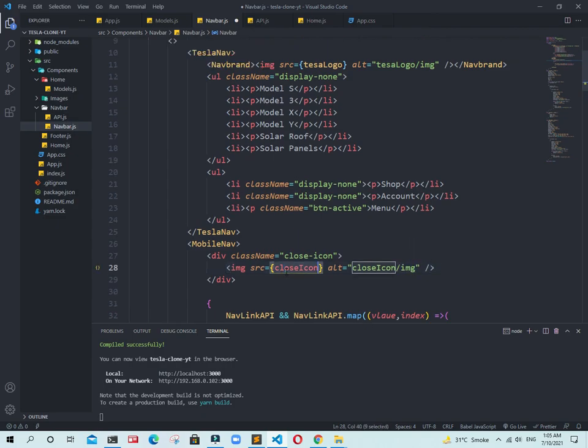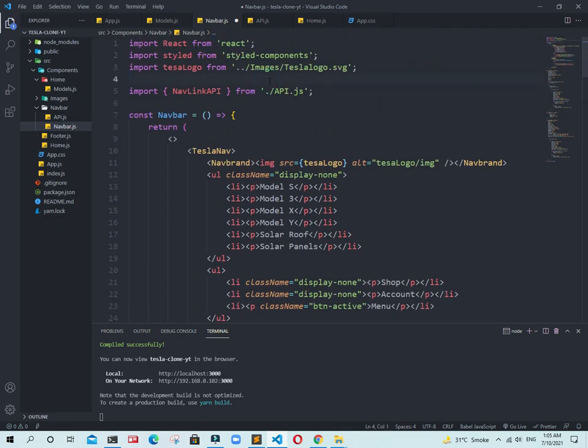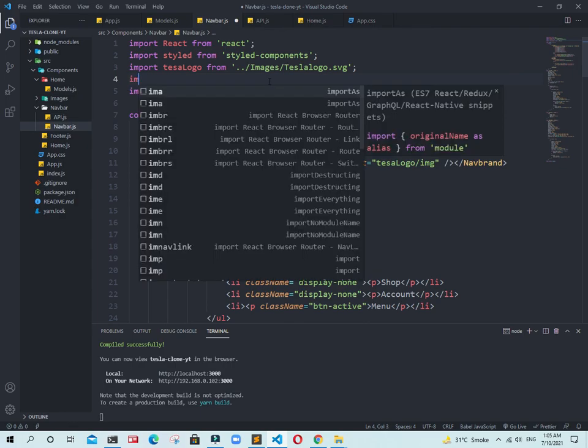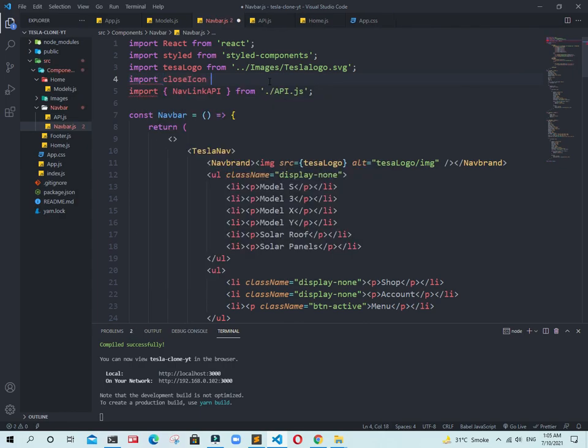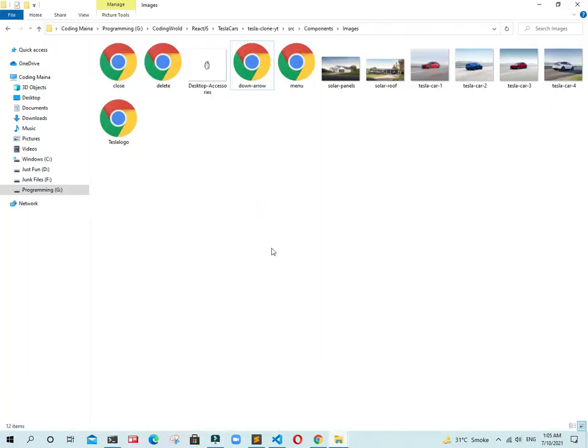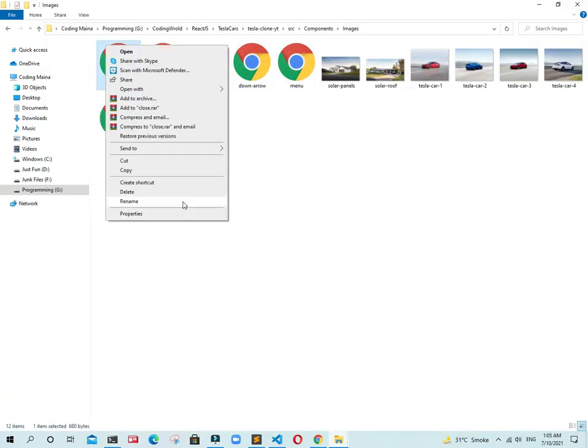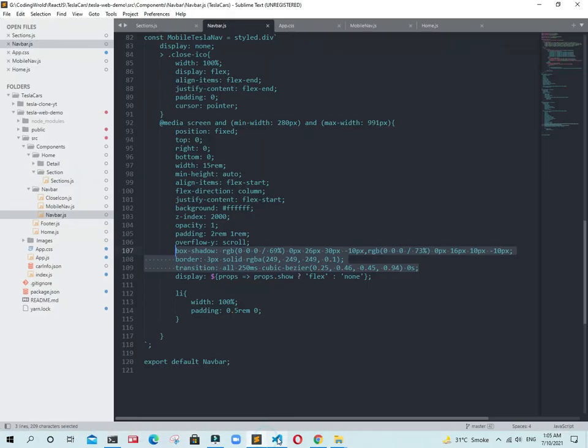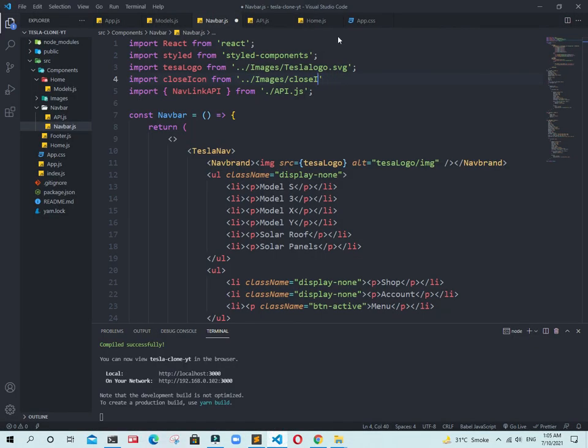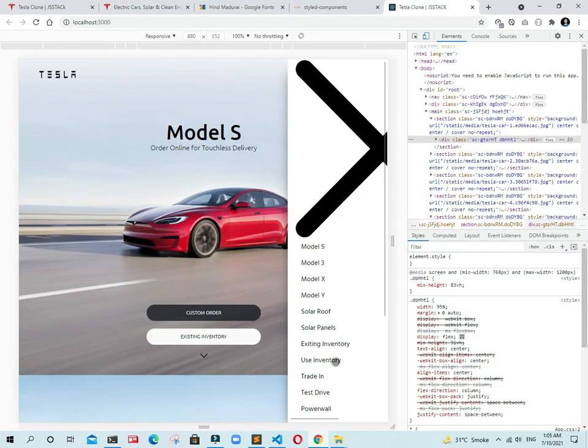Now we need to import the image at the top. Import close icon from the images folder, which is close.svg. Save the changes, go back, and it looks like this.